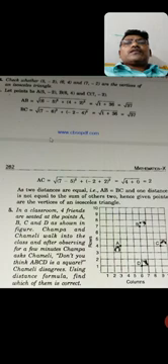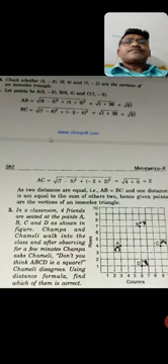Now you observe, after finding the length of all the sides, AB equal to root 37, BC equal to root 37 and AC equal to 2. Now clearly, out of 3 sides, 2 sides are equal, I mean AB equal to BC. So we confirm that the given vertices form an isosceles triangle.